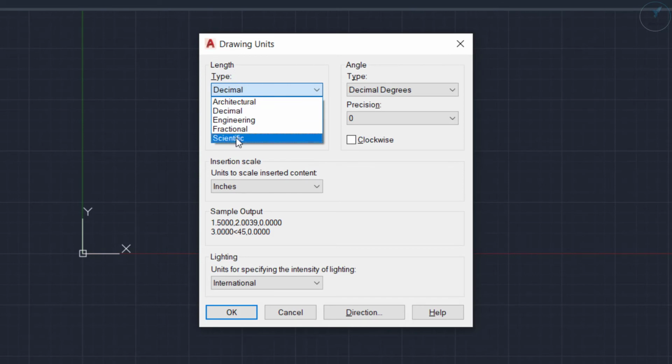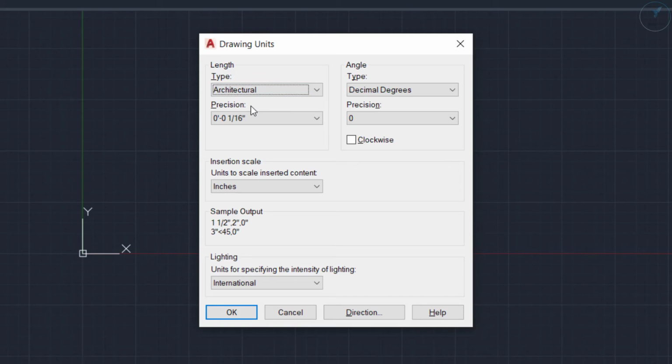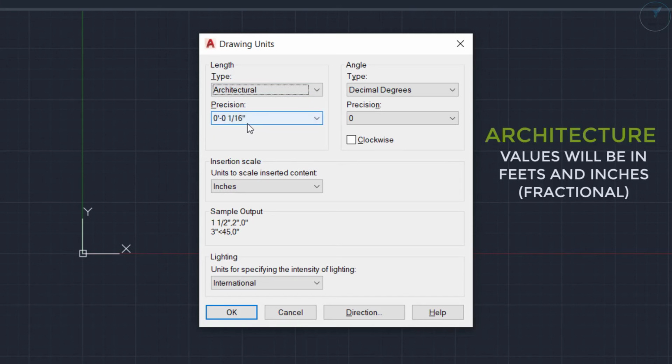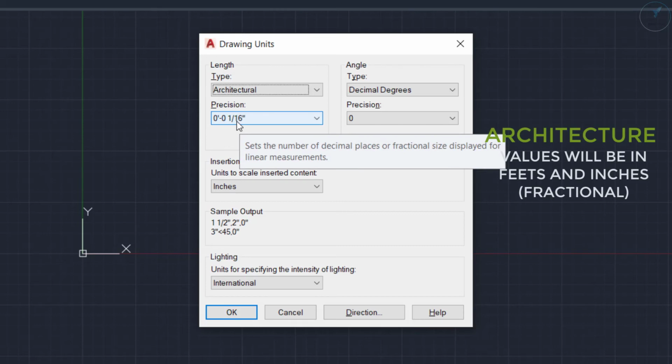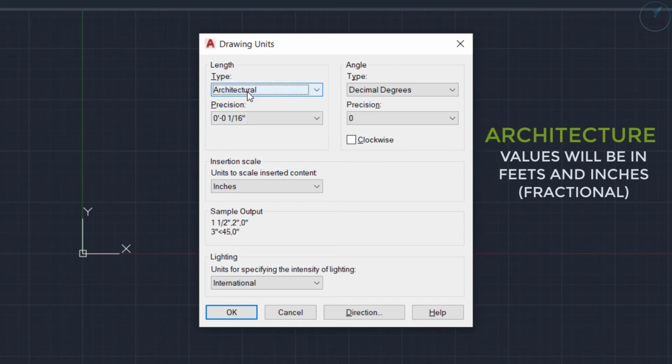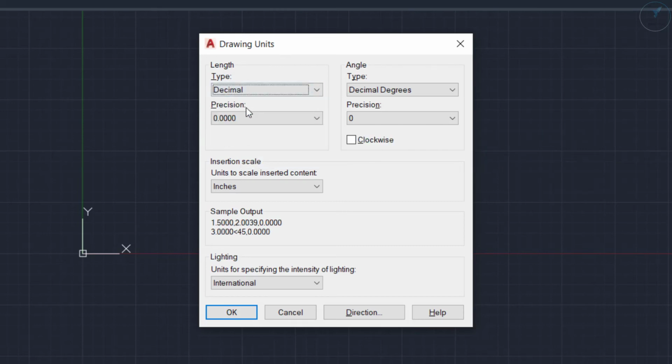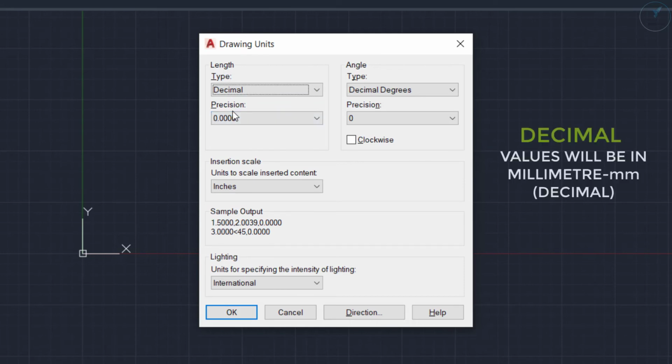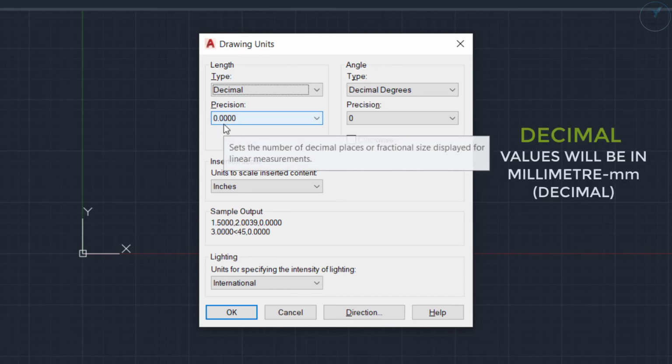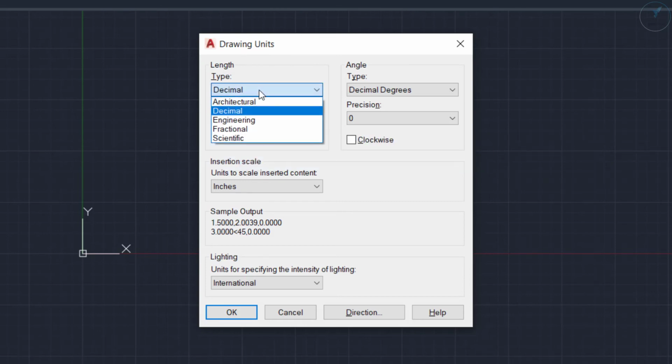In that, first we have almost 5 different types. The first one is Architectural. The values will be in inches and feet, and it will have fractional values. Next one we have is Decimal. The values will be in millimeters, and they will be decimal values like 0.5, 0.35, like that.